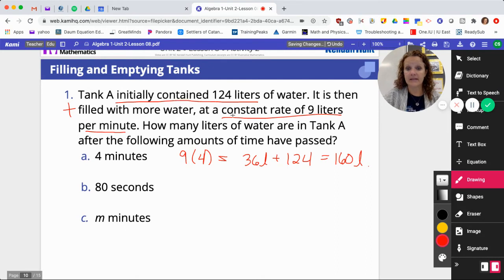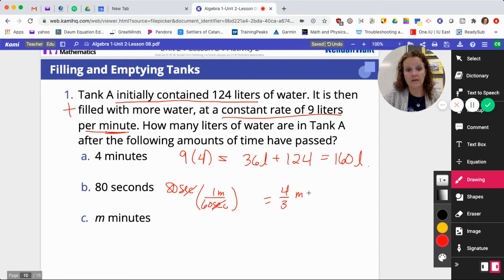80 seconds. Okay, this is liters per minute, so I don't know how many minutes 80 seconds is. So I'm going to do 80 seconds, and I know there's 60 seconds in 1 minute. And that gives me 4/3